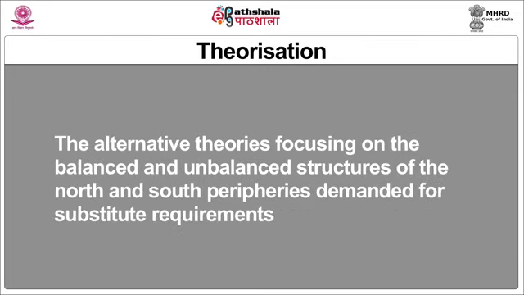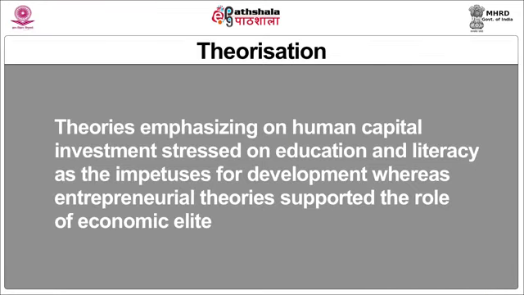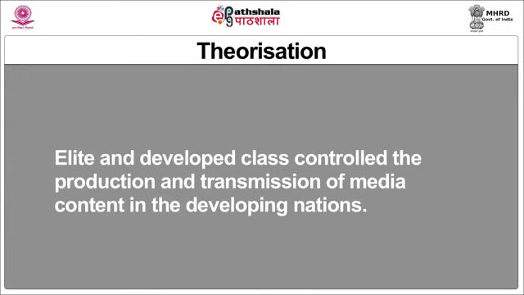Further, the alternative theories focusing on the balanced and unbalanced structures of the north and south peripheries demanded substitute requirements of growth in nations with different marginalized conditions. Different theories emphasizing human capital investment stressed aspects such as education and literacy as the impetus for development, whereas entrepreneurial theories supported the role of economic elites. We know how the elite and developed class controlled the production and transmission of media content in developing nations. Such biases in the form of knowledge gap and role of diffusion provided an insight about the failures of the